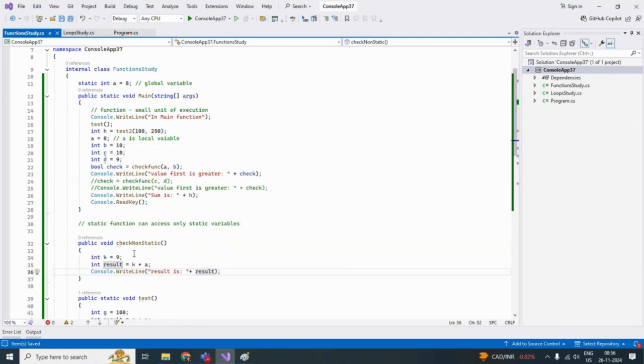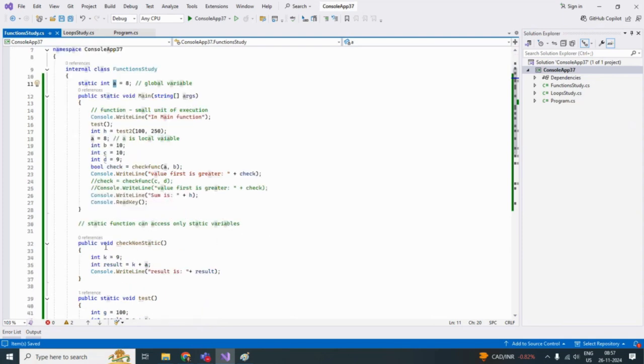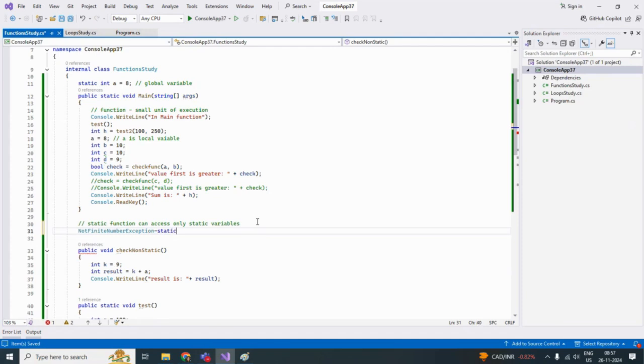Now you see that it can access A. If I just control plus click on this, it will take me to this variable. So now you see that a non-static function can access